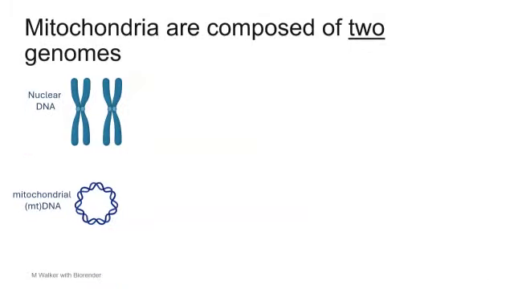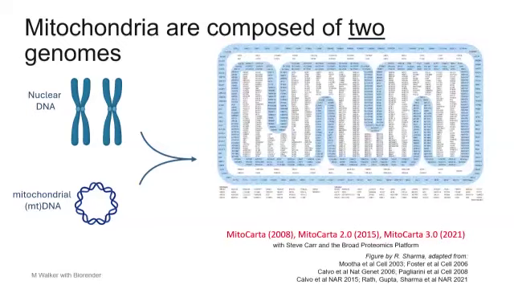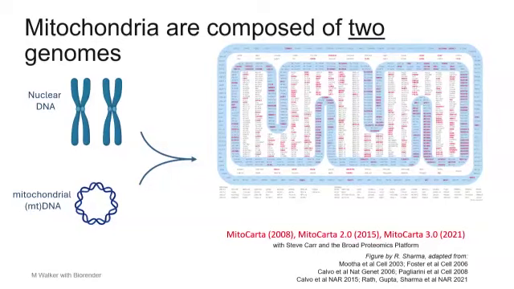So again, we have these two sets of DNA, and the mitochondrial DNA is important because it contributes parts to the mitochondrion as well. In fact, we have 13 gene products that come from the mitochondrial DNA and 1,300 or so that come from the nuclear DNA. And here I've got a cartoon for you with a list of all of those roughly 1,300 genes in really small print. And I'll show you that about 300 of those, as I've highlighted here in red, have been linked to human disease. And that number will obviously be increasing as we learn more and more patients get testing.